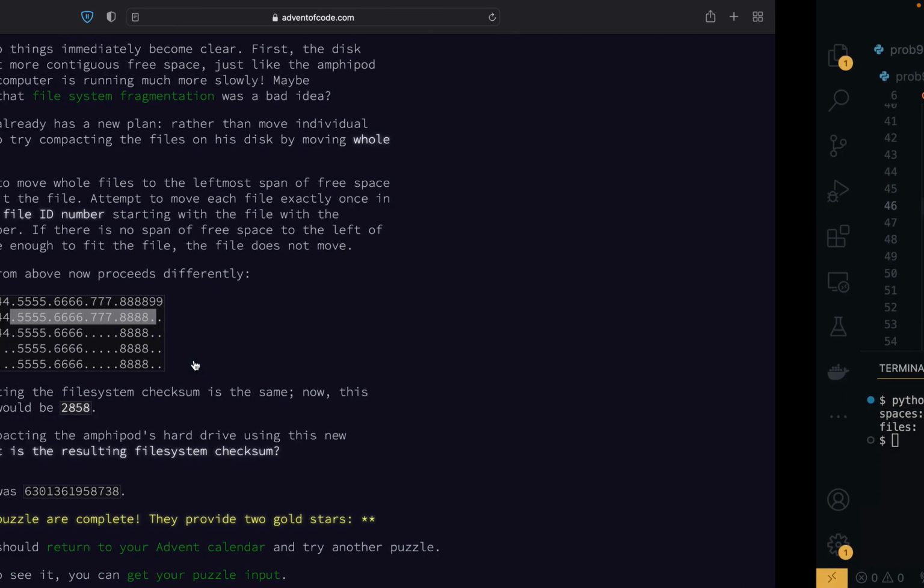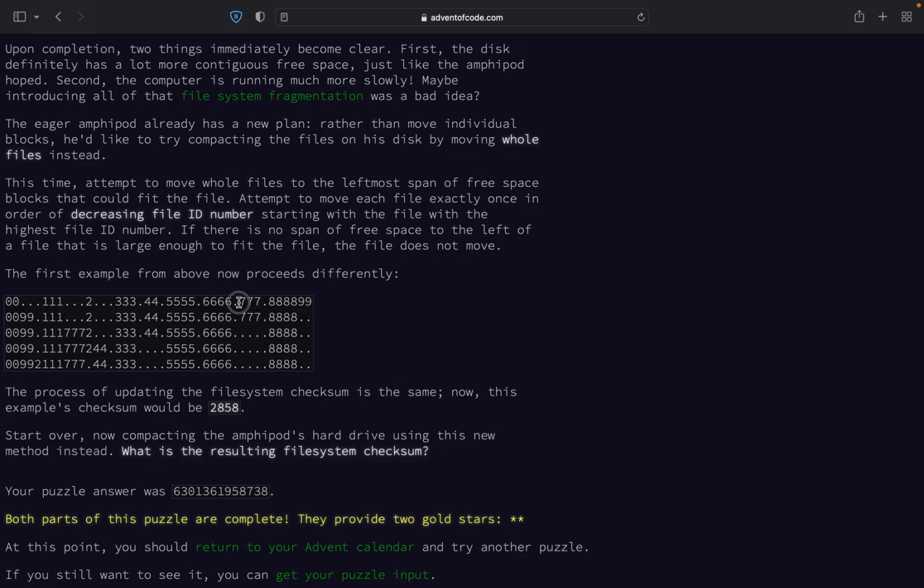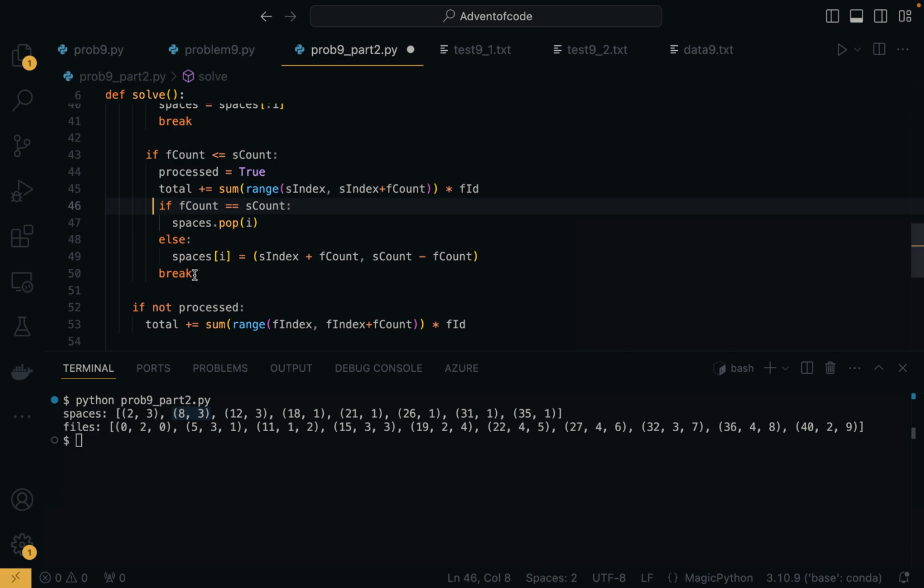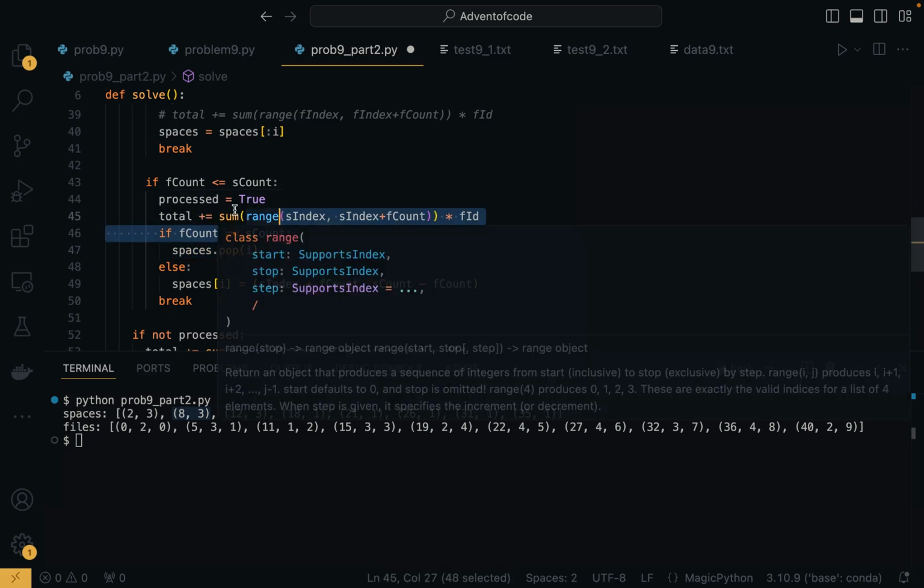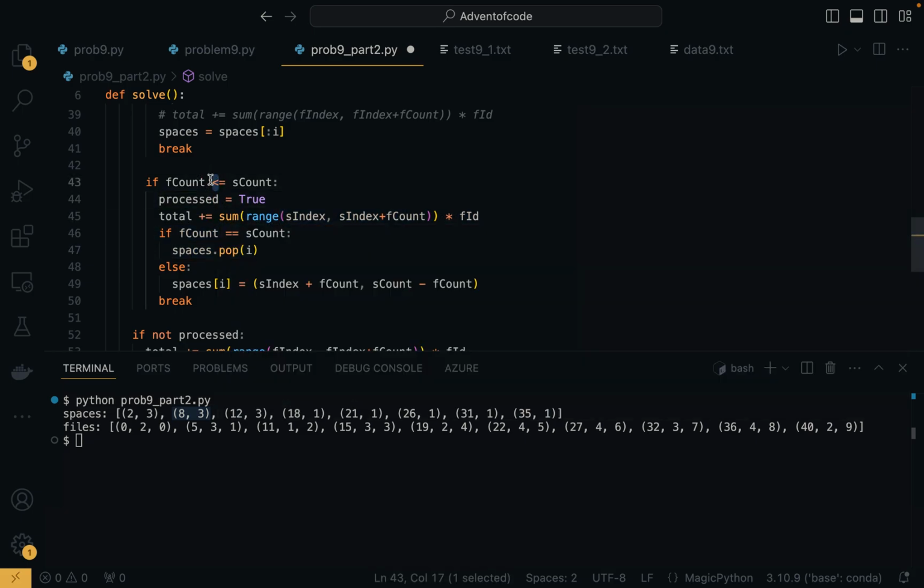So in this case, the space count and the file count were the same. That means there are no more spaces at this location anymore, so I can just remove it from spaces. It's not available to be used for any of these other guys. So I pop it off. That means I remove this index from spaces if they match perfectly. But if it's less than, remember I check if it's less than or equal to,